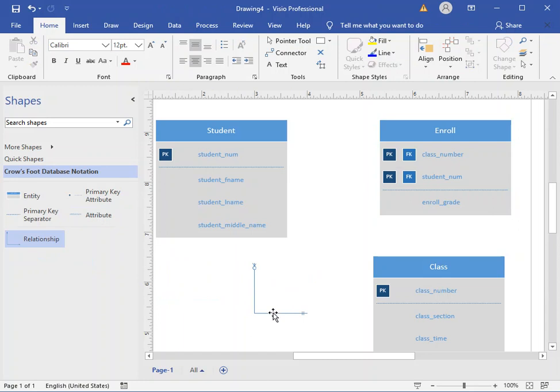Now notice when I select it, it has these little circles on the end that show the connectors. But by default, it has a one to many, it's one and zero to many connector on that end, showing the cardinality. So since in this relationship a student can enroll in many classes, what we're going to do is drag that end